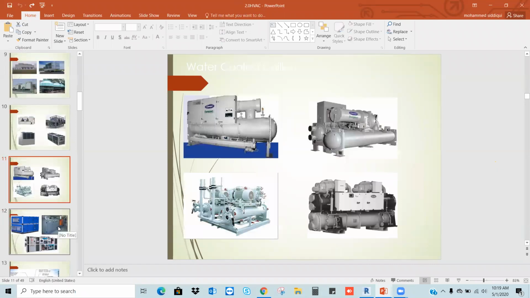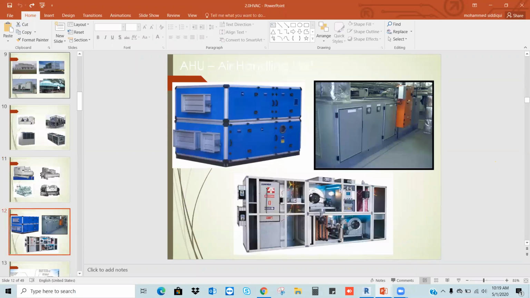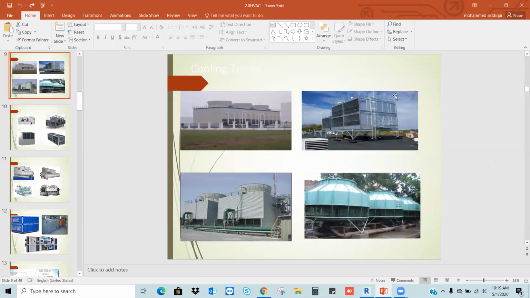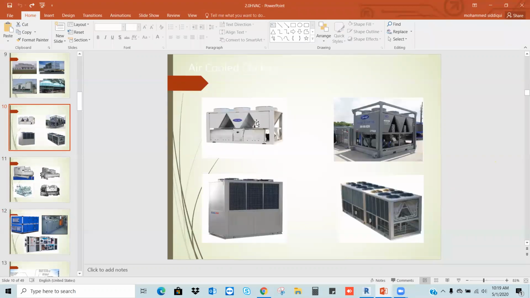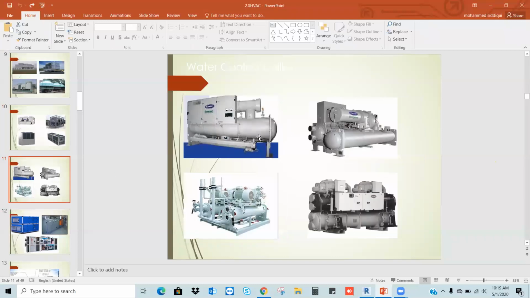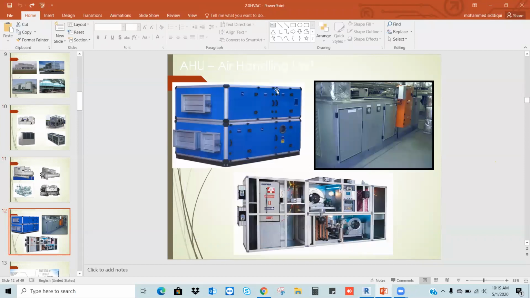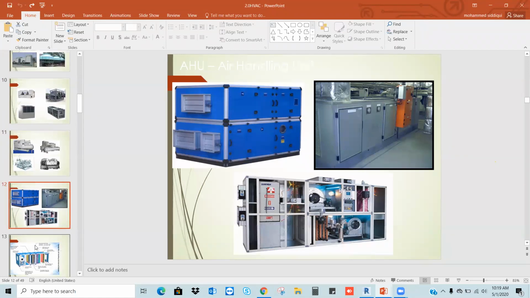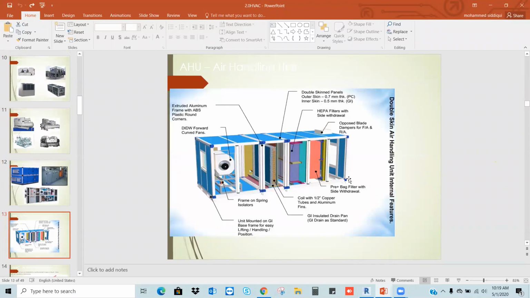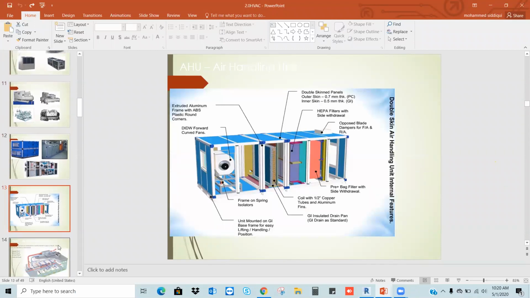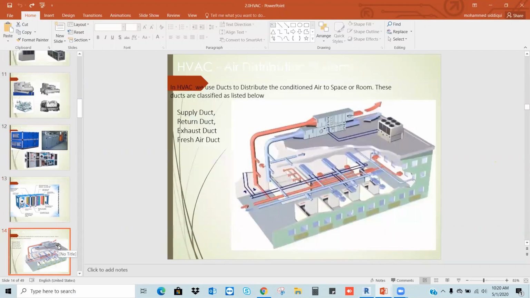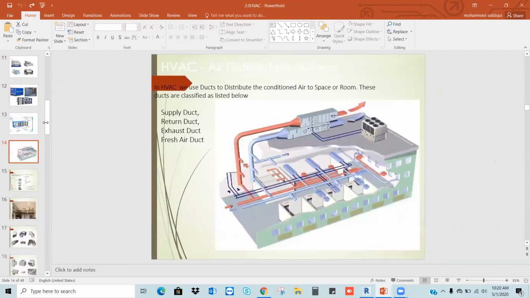Coming to the AHU. See, now we know how we can see these cooling towers, how we have the air cooled chillers, and how we can see the water cooled chiller, to identify and know the components. And now I am going to the air handling unit, AHU. Just remember the words. In the AHU, we have different mechanisms inside that are not required to show. I'm going to show exactly what we do in Revit.